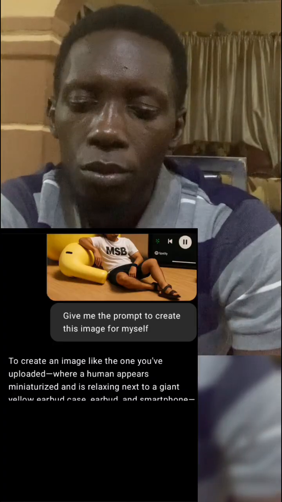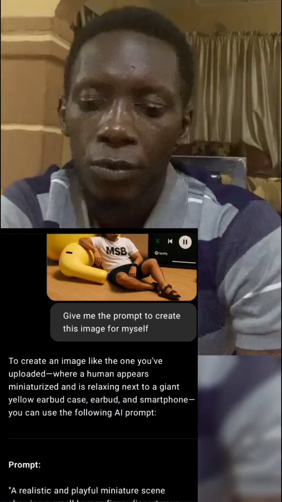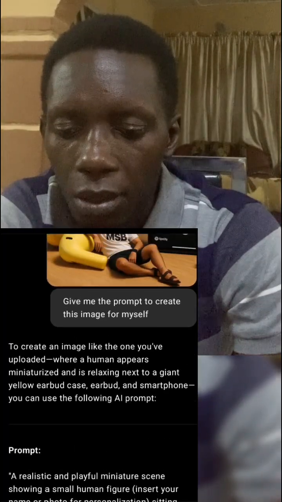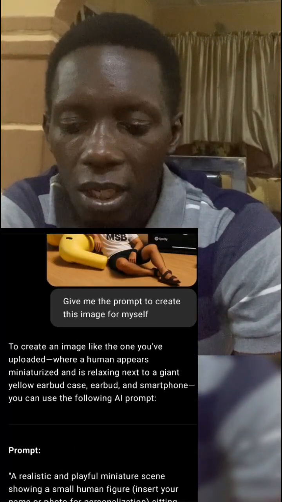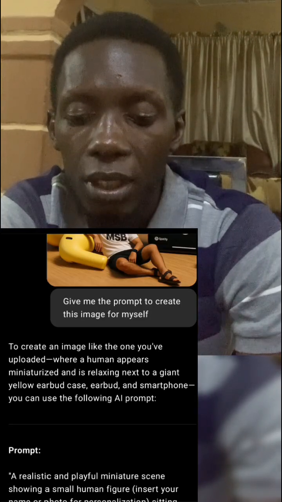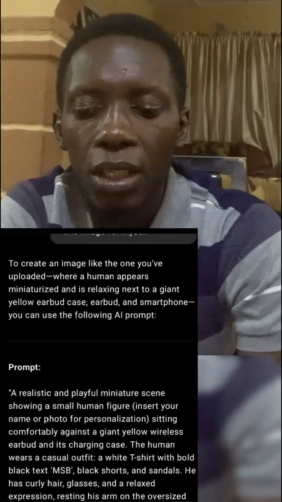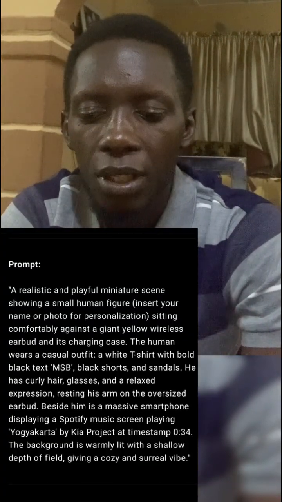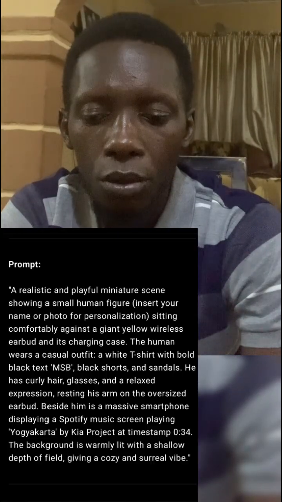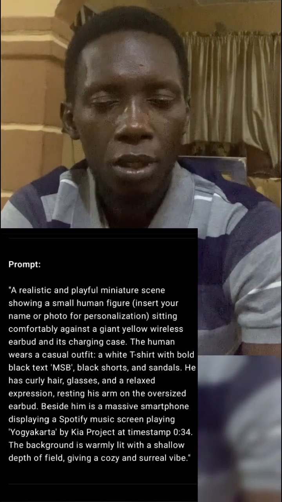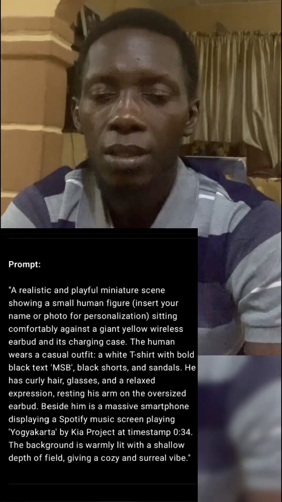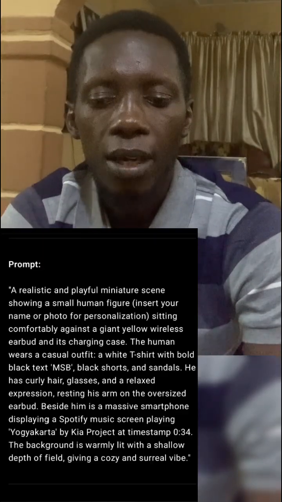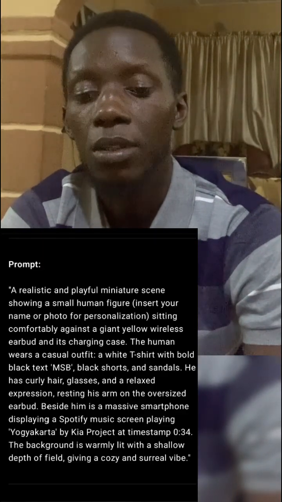Now, I asked it to give me the prompt to create this image for myself, and you can see that it said, to create an image like the one you've uploaded, where a human appears miniaturized and is relaxing next to a giant yellow earbud case, earbud and smartphone, you can use the following AI prompt. So it gave me this AI prompt, which says, a realistic and playful miniature scene showing a small human figure. Insert your name or photo for personalization. Now, if ChatGPT already recognized your picture, you can insert your name. If ChatGPT has not recognized you, you can insert a photo. This will help ChatGPT to personalize